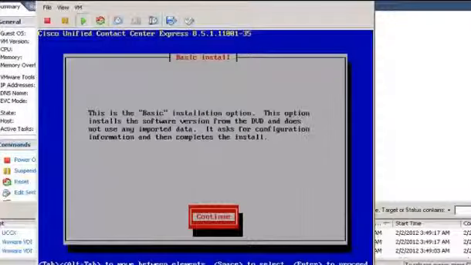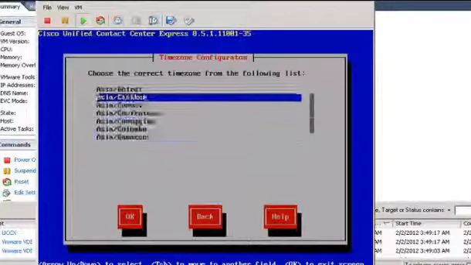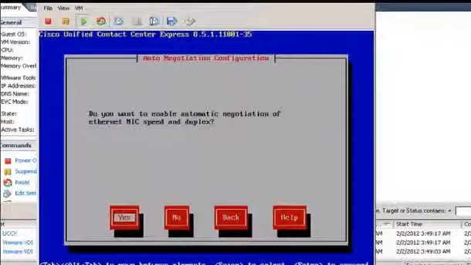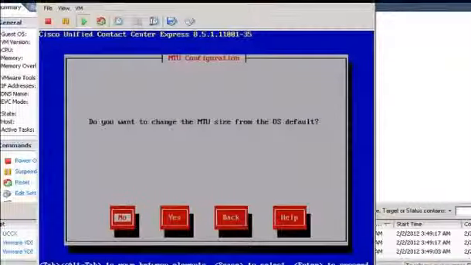Press Enter to continue. Use the up and down arrow to select the correct time zone. Select Tab and press OK. Select S and press Enter on automatic negotiation of Ethernet NIC. Select No to change the MTU size and press Enter.